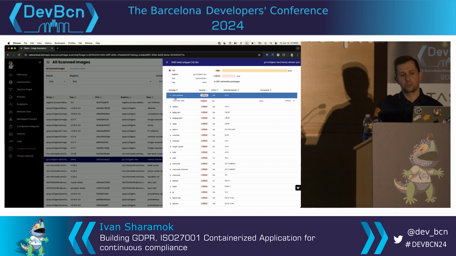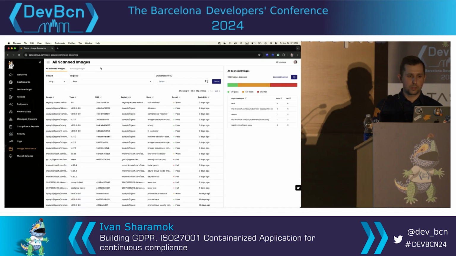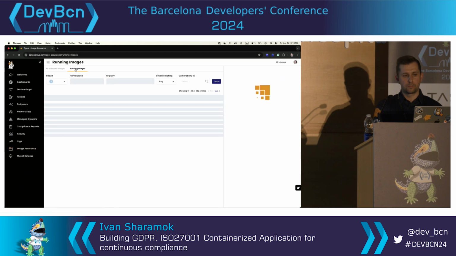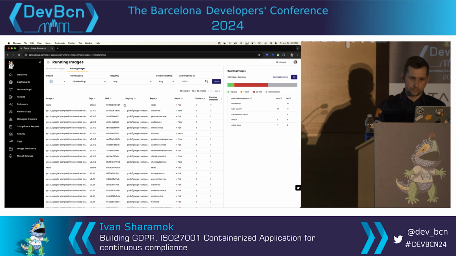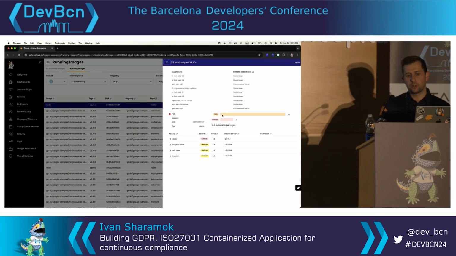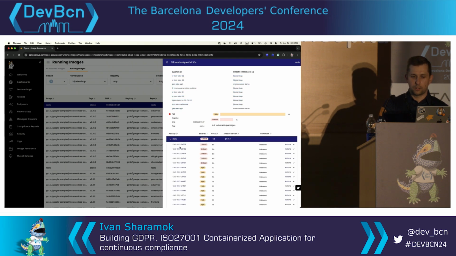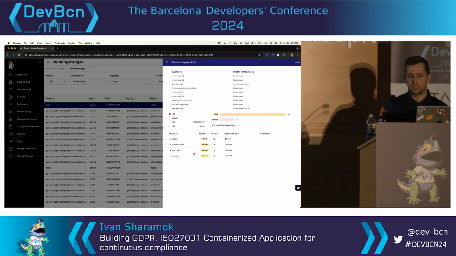You can go and read what each is about, but what's nice is there is a view where we show you running images. If I take that example of Hipster Shop and take one of the images running in that cluster, you can see all the clusters where it's running, and the namespaces where those images are running. And here are the packages and the vulnerabilities inside of them.